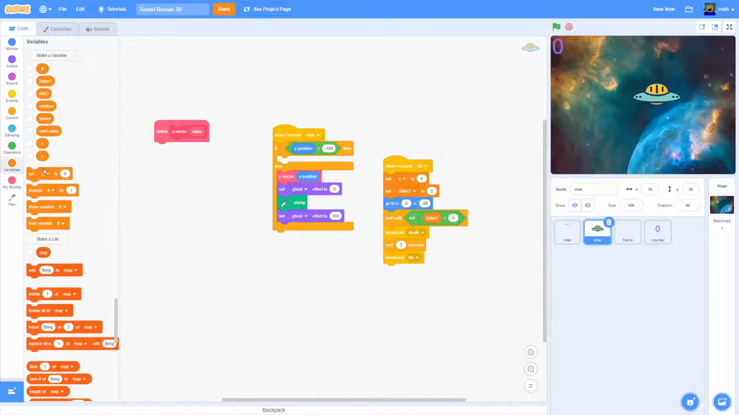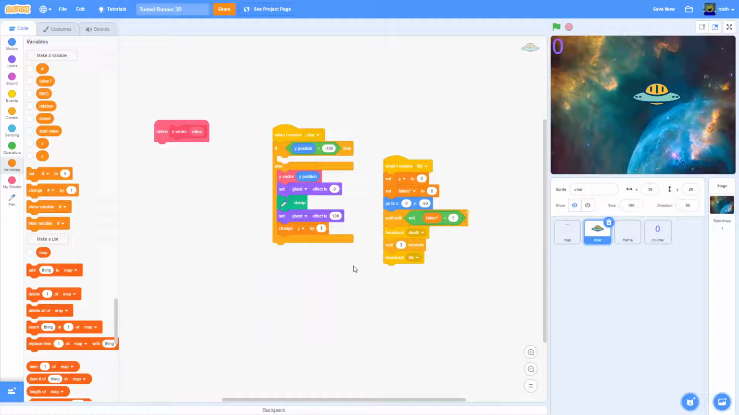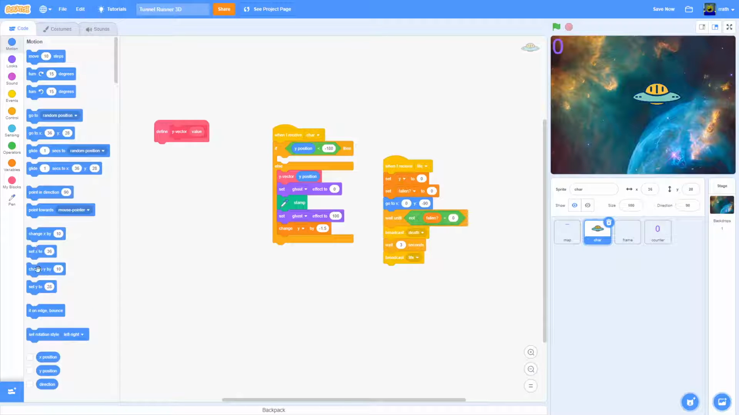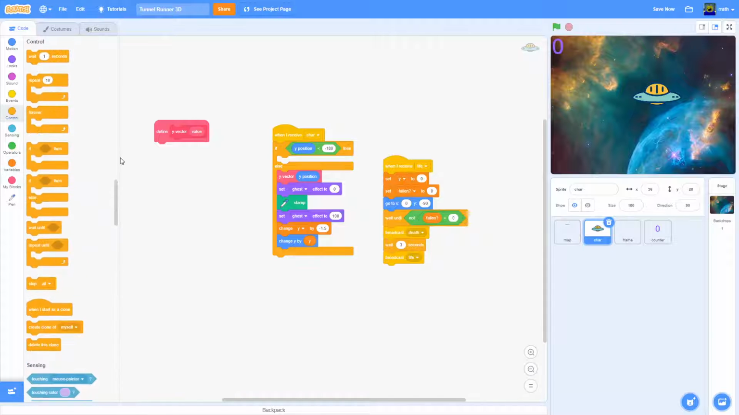And then change y by minus 1.5, and then change the actual y by the y value. And yeah, next we put an if else statement. So we kind of want if